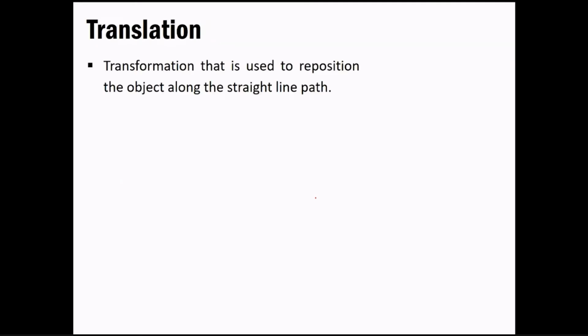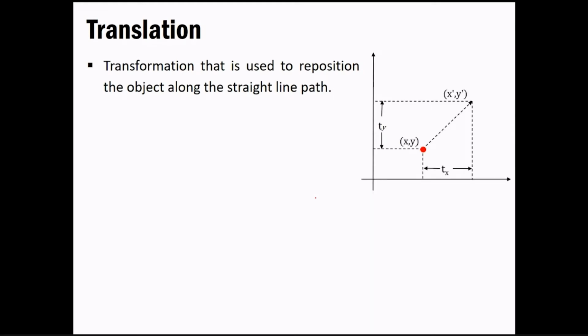So the first thing is very simple, that is used to reposition the object along a straight line path. So you don't have to put in any logic, you don't have to consider any rocket science over here. It just says that you have to reposition the object along a straight line path as it is given over here. Okay, so (x, y) is our initial position, you can say, and (x', y') is our required position where we want to translate it, where we want to reposition it. Okay, so as per the figure, we want our line or object or point to be shifted from this to this point. So for that particular thing we need to apply translation.